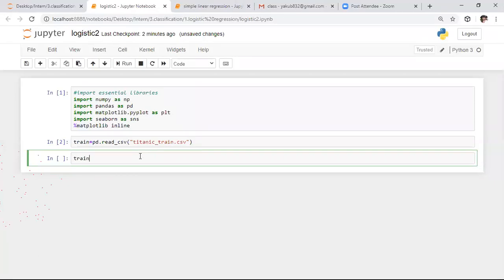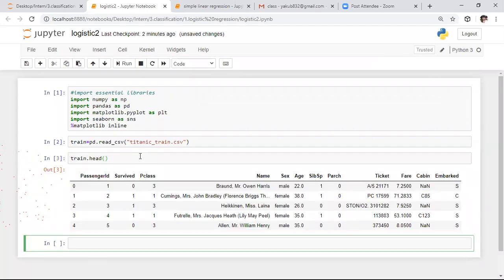Whenever you observe the train dot head, it is a very famous dataset. If you go to Kaggle, you will definitely find this dataset. If you want to read about it completely or briefly, you can read about it there. Here I am seeing the top 5 rows corresponding to this dataset. We have passenger ID, whether they survived or not, and which passenger class they traveled in. After that, their names, their gender, and the age of that specific person, and whether the person has a sibling or not. Such kinds of parameters we have in this dataset.